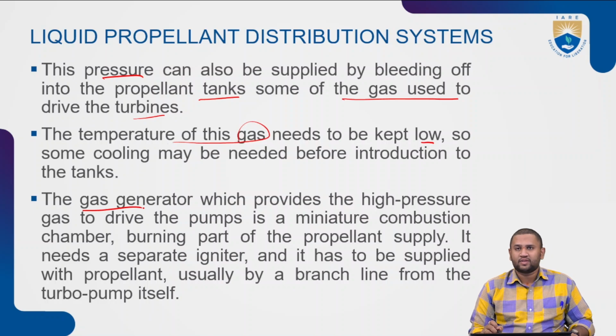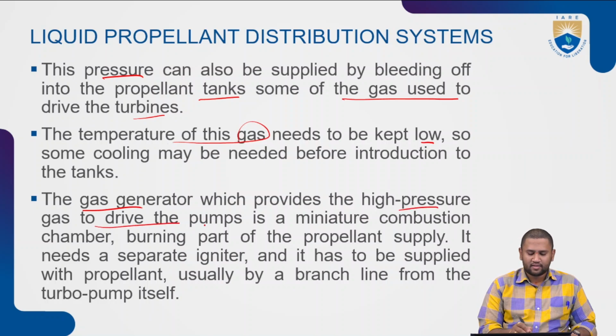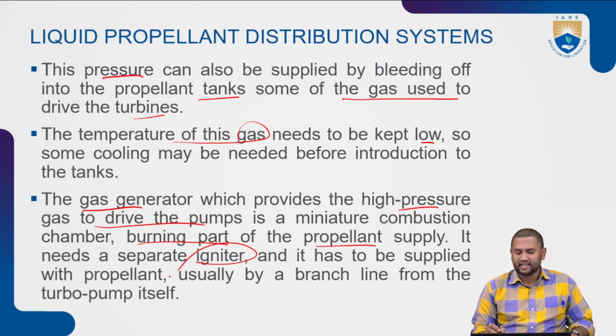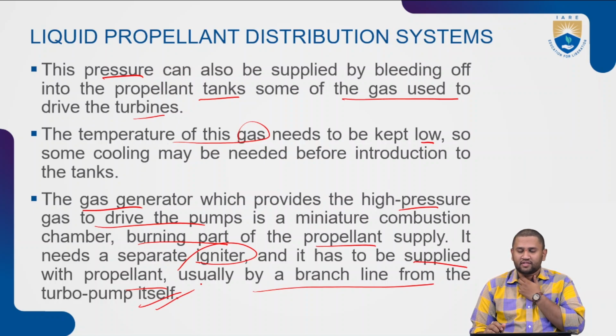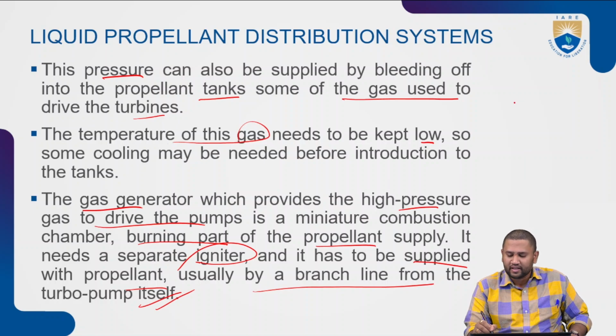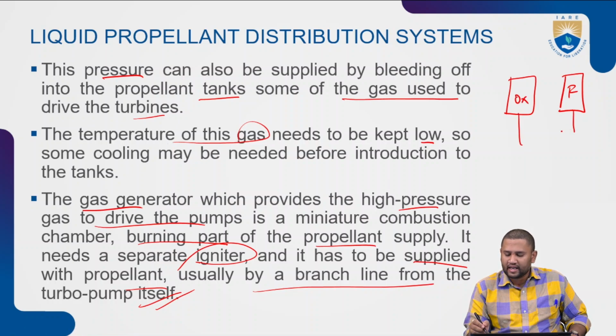The gas generator, which provides the high pressure gas to drive the pumps, is a miniature combustion chamber, particularly burning part of the propellant supply. It needs a separate igniter, and this has to be supplied with propellant usually by a branch line from the turbo pump itself. Usually in a previous class what we have discussed, we will be having propellant tanks, particularly fuel and oxidizer. These are taken out